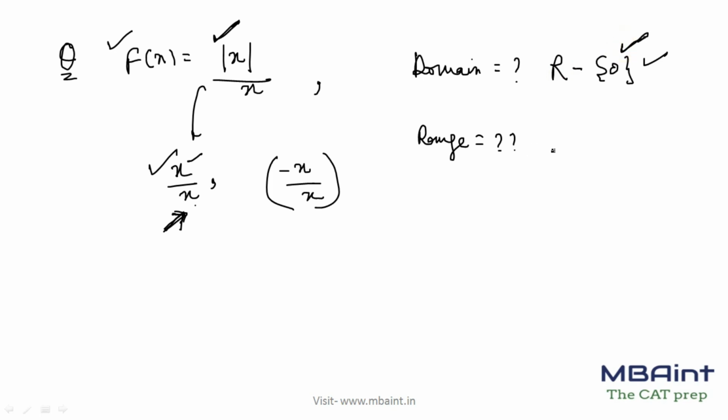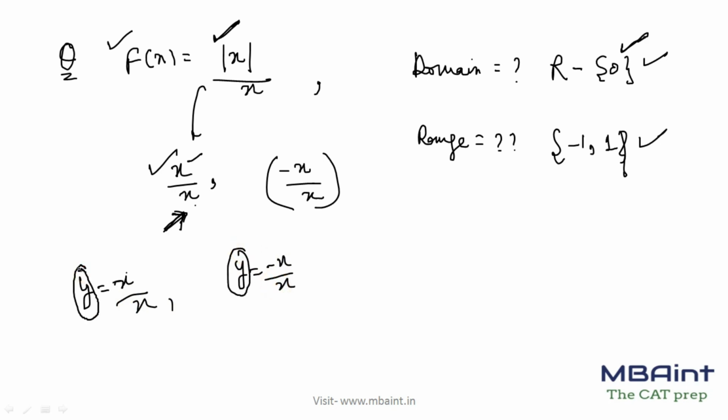When it comes to the range, it is going to be nothing but -1 to 1, okay, and that's the value here. So this is nothing but what? Y is equal to x upon x and y is equal to minus x upon x, right? So I've asked you to get in terms of y, so it is already in terms of y, right? I do not have the mixture of x and y. So here either I can have a positive 1 or I can have a -1. That's all value I can get. So my range is nothing but -1, +1, that's it.